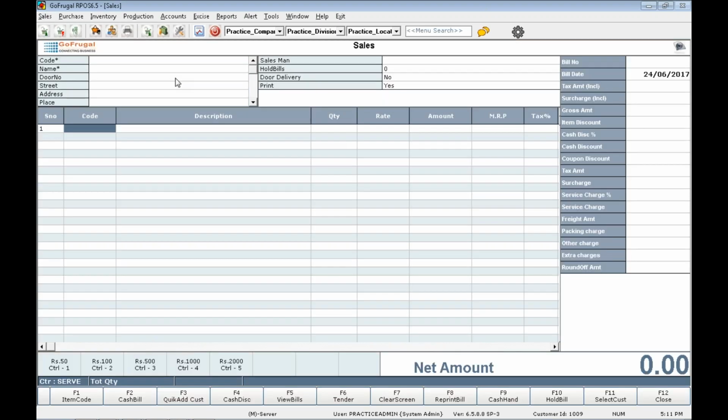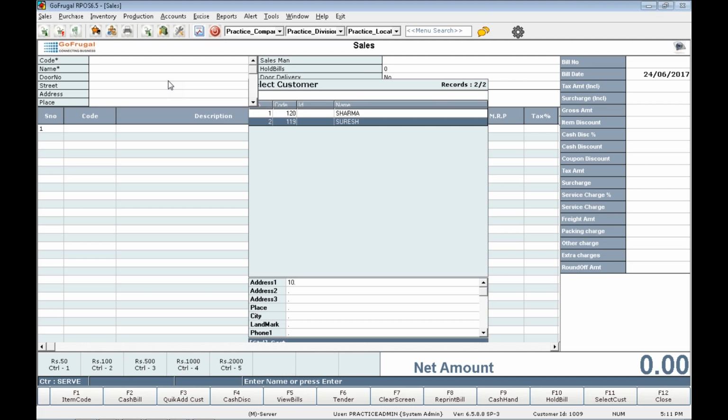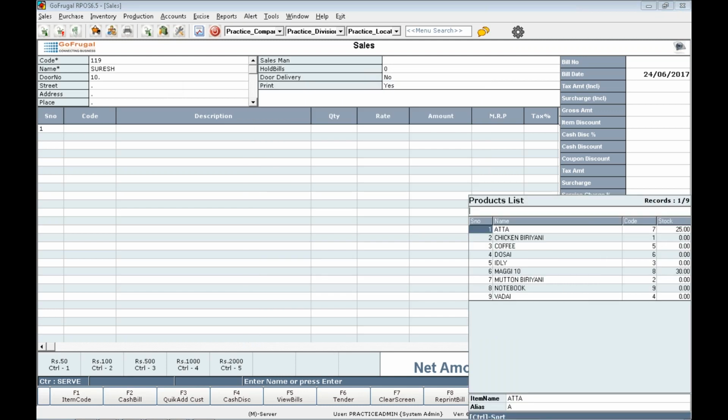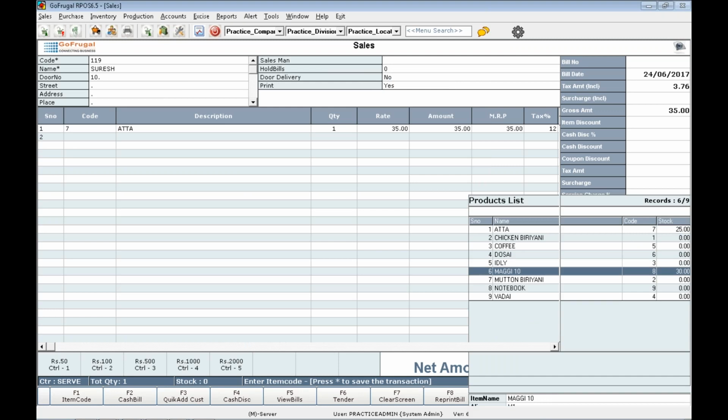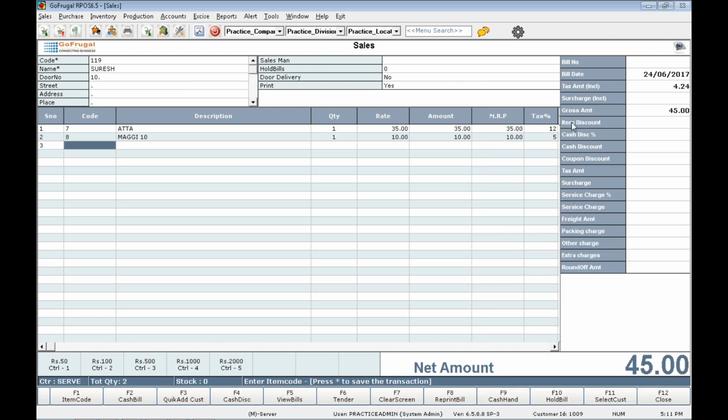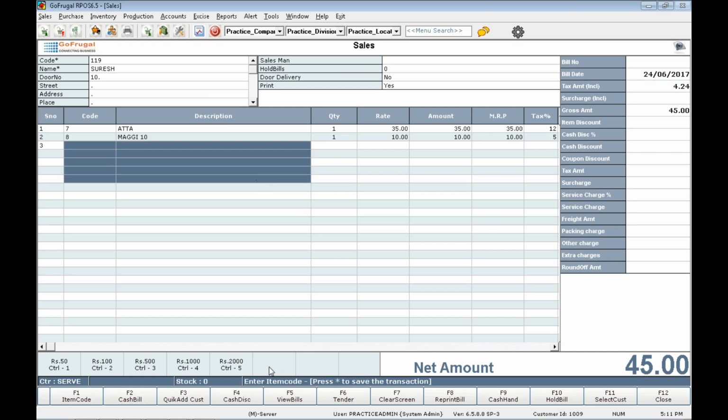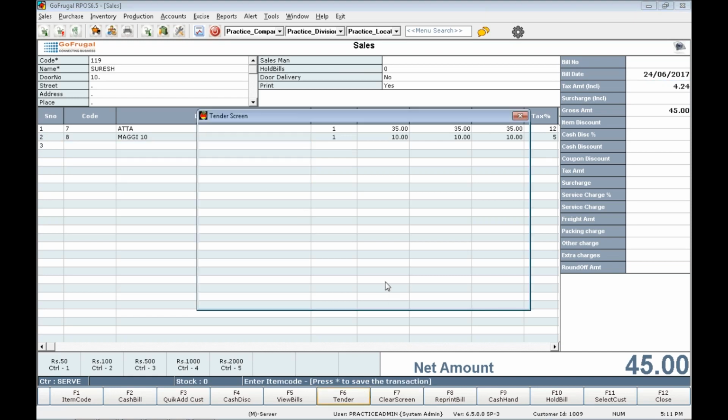Open bill entry, load the customer Suresh and do a sample bill. I am selecting that auto item and also Maggi, and you can see the tax amount in the bill entry screen itself. Save the bill using the tender key.